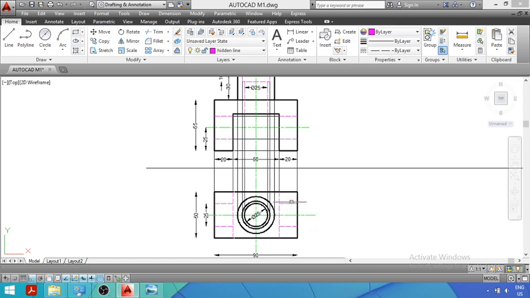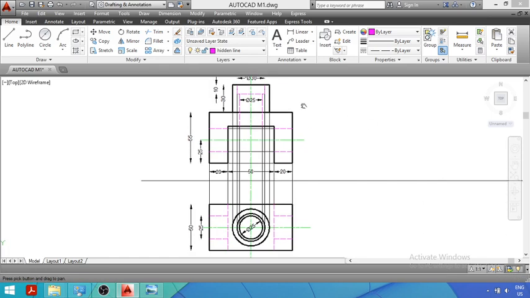So you can see we have drawn 2 dotted lines, one on the right hand side and one on the left hand side. What do these dotted lines represent? These dotted lines are nothing but the top view of these holes, and since these holes are not visible, these holes will be shown with the help of dotted line. So finally here we have completed the front view of the object and the top view of the object. In the next session we will draw the side view, that is the left hand side view of the object.